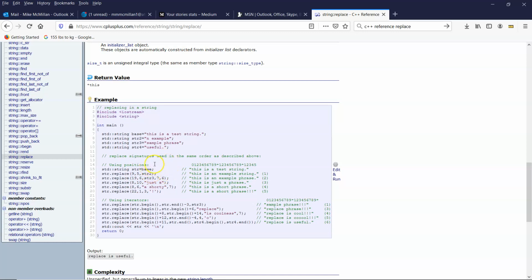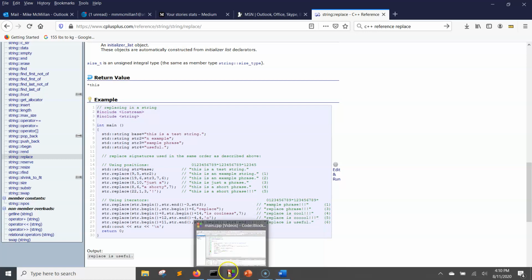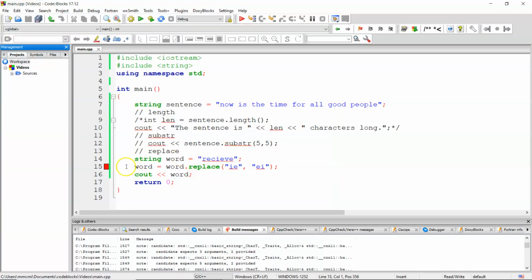So what we want to do is find where the IE starts and change it there. So here's how we're going to do that. Let's go back to our program. Alright, so we'll learn about another function right here, find. So here's what we're going to do. We'll leave that like it is. Let's delete what we have. And so we're going to say int